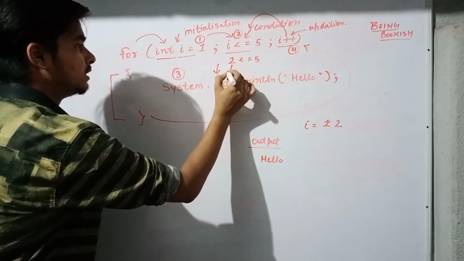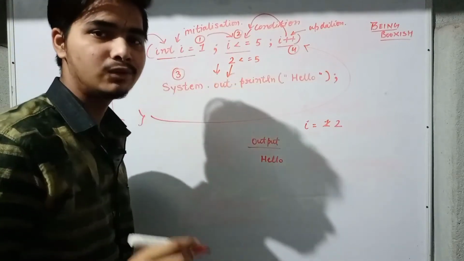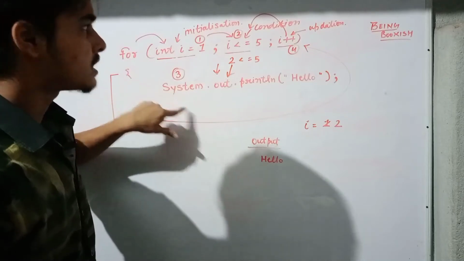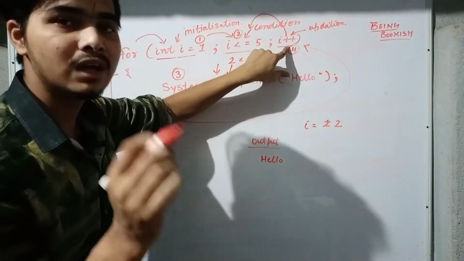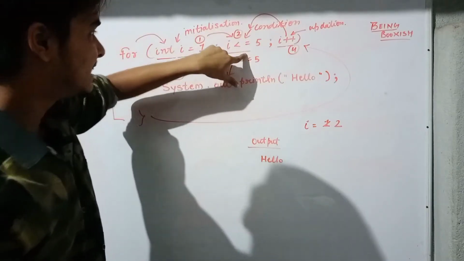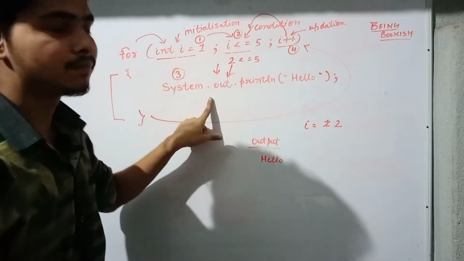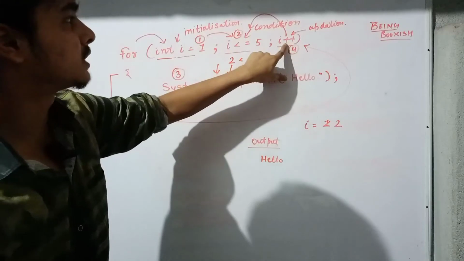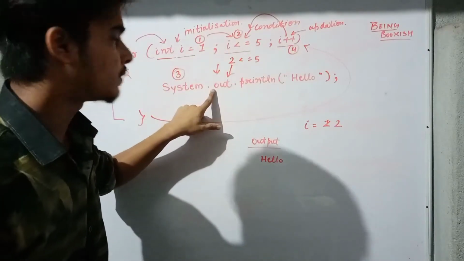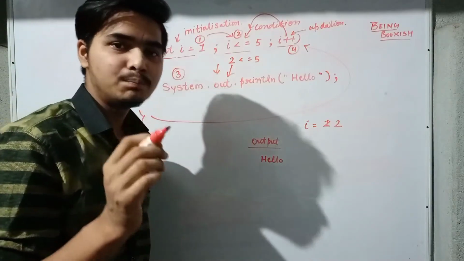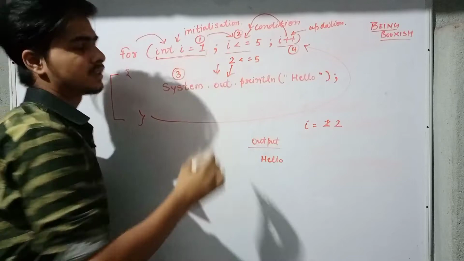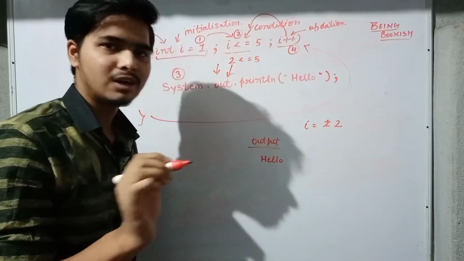It will go to the body part. So this is how it will execute. After the body part, it will go to the updation part. It will update the value. Next it will go to the condition part, and if the condition is true, it will again come back to the body part. Next it will go to the updation part, then again condition, then again the body part. So as I have told in the beginning, whatever is the initialization, this happens for the first time only and not after that.